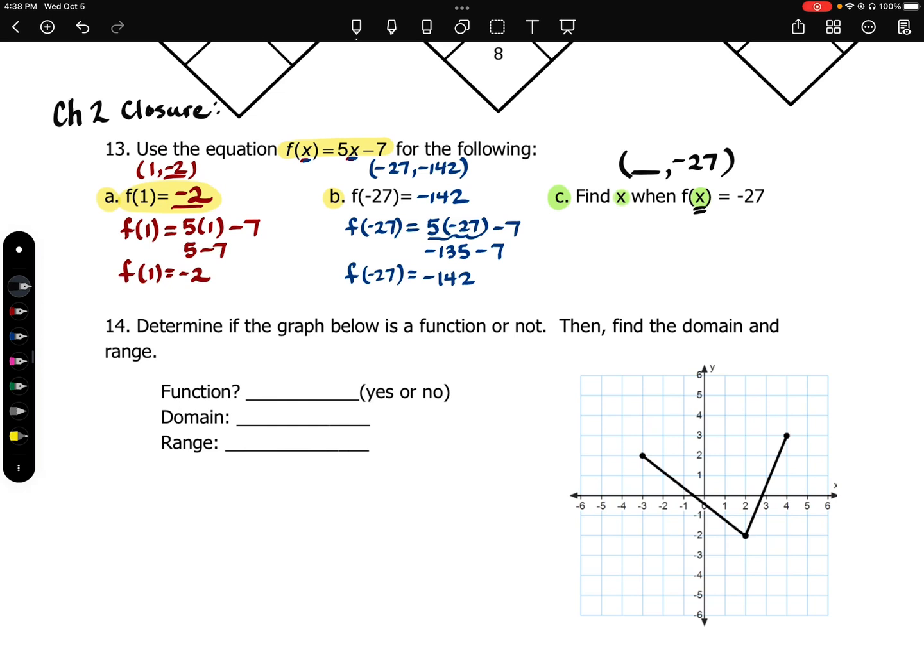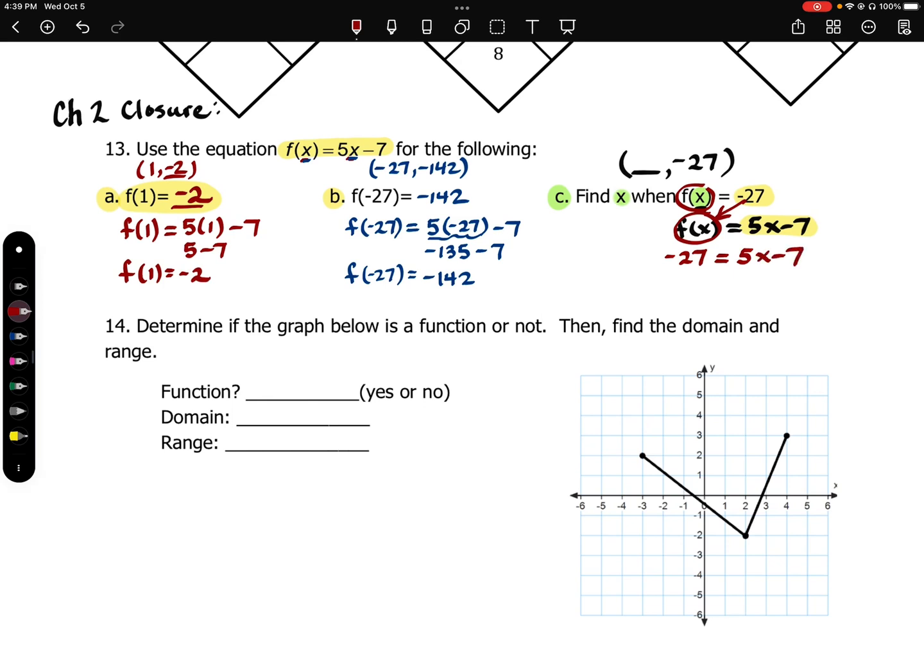Since we already know that f of x is equal to 5x minus 7, because 5x minus 7 and negative 27 both equal f of x, that means we can substitute it in for f of x. We're going to say negative 27 equals